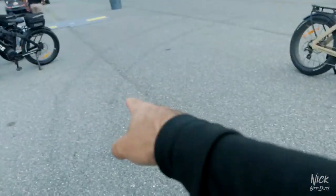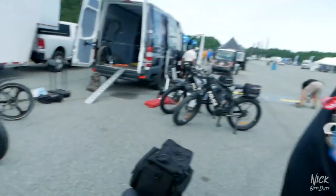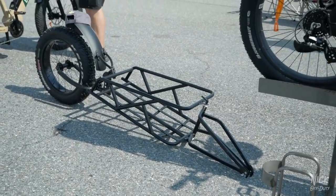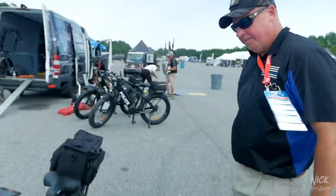And I noticed you guys just put it away, but there it is, a rail system. That's a trailer, to put an extra trailer on for equipment. Yep, it'll hook right onto the rear. So if you have gear or medical equipment or whatever, you just put that on the trailer, hook it up to the back of the bike, and go. Awesome. You don't even know it's there. No, man, look at that thing. That seems cool. All right, well, I'm gonna jump on this thing, and we're gonna end day one here on one of these sweet